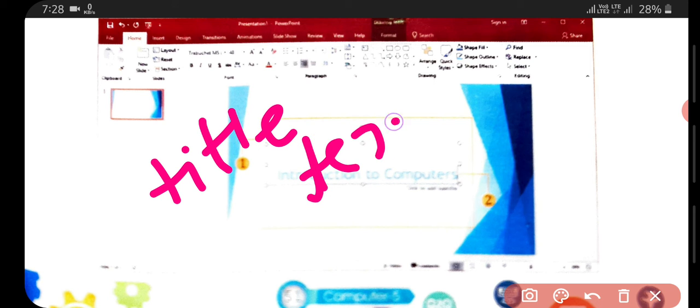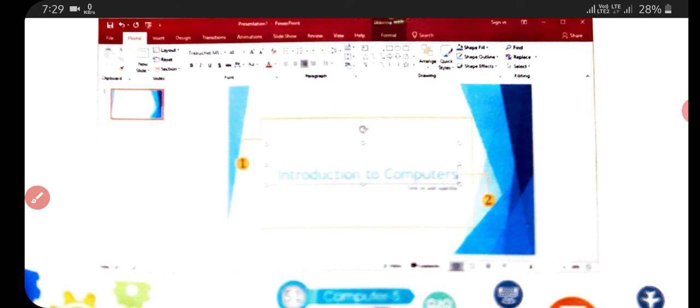In the title text placeholder, you simply click on the title text placeholder box, type your text, and the title text is displayed in the title text placeholder. So here we see, Introduction to Computers. This is the title. So simply click on the title placeholder.